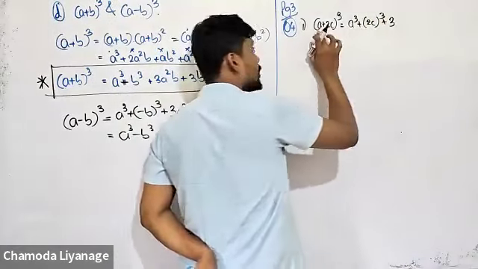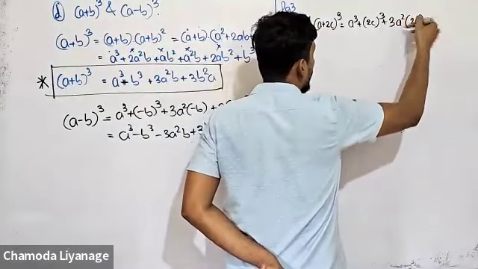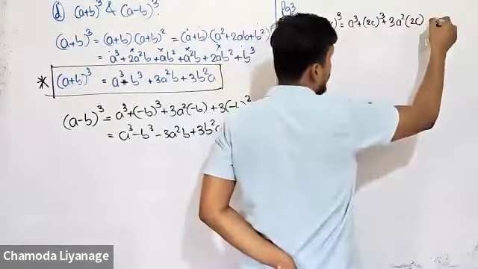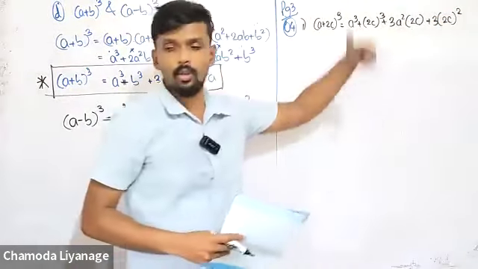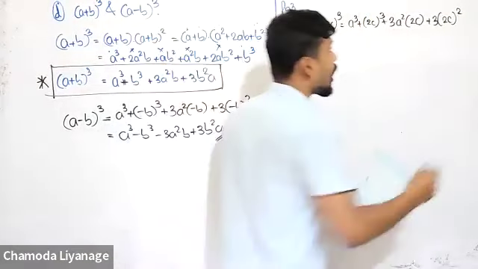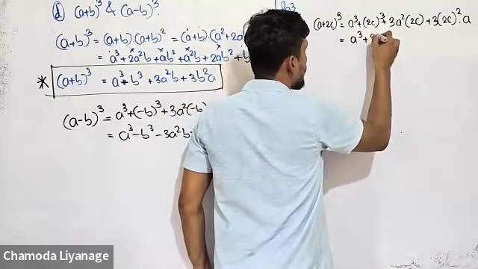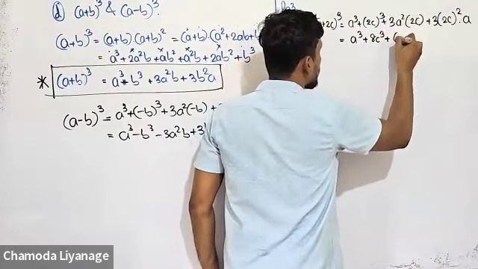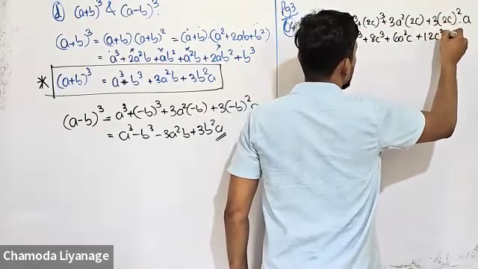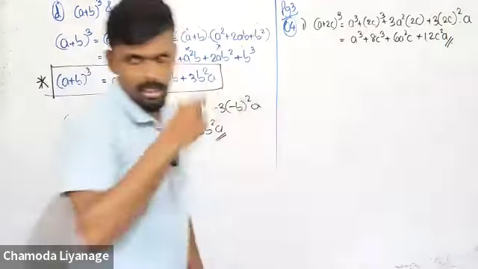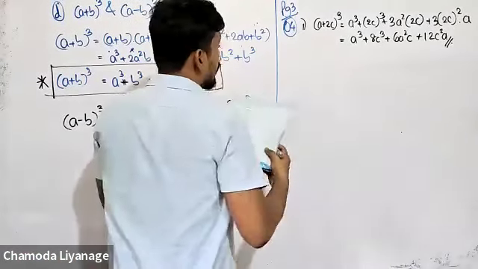After that, 3 a squared into 2c. Clear? A squared into 2c. After that, come to 2c, 3 times 2c squared, not 2c, yeah? 2c squared into a. Now the simplification part, a cube plus 8 c cube plus 6 a squared c plus 12 c squared a. Okay. So that is the first one. And second one,